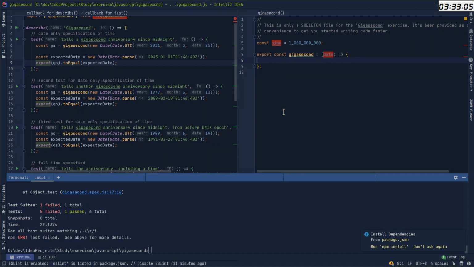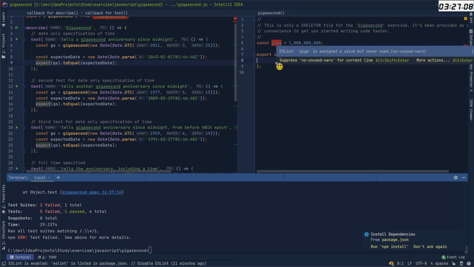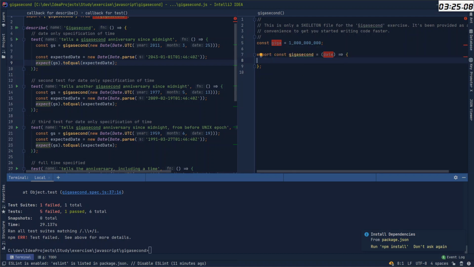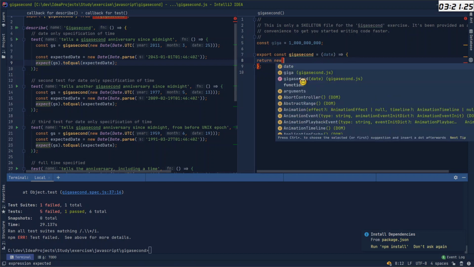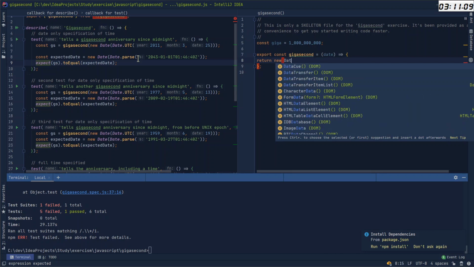Gigasecond, and we will say, what's this? Never used. Return, and date.